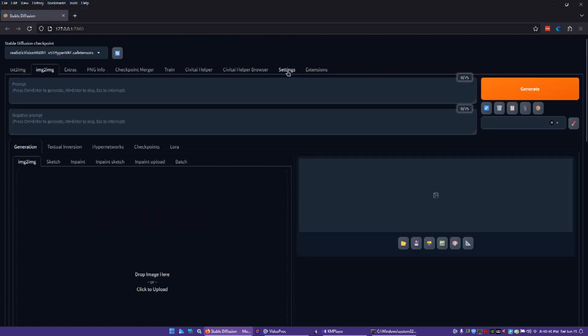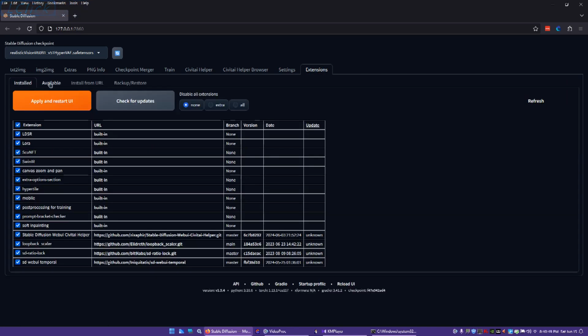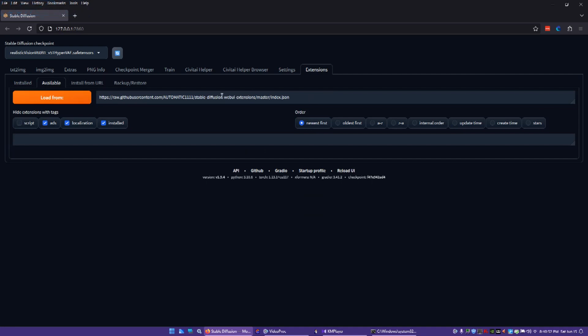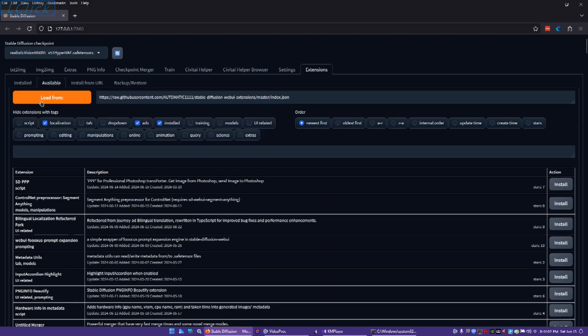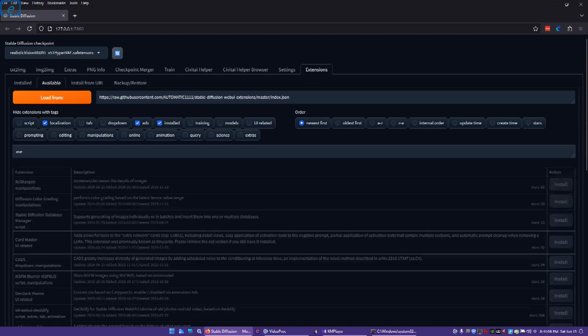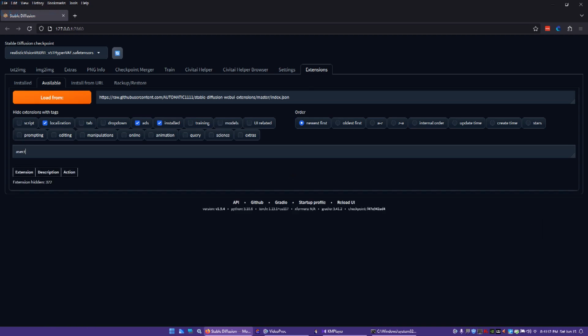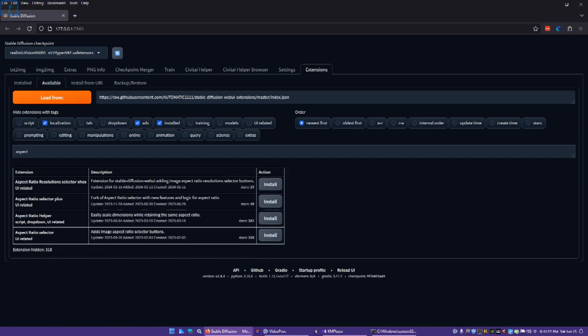So you go to extensions, go to available. Now there's a link already here. Automatically, it should be here on its own. So click load from. Now first let's look for aspect. A-S-P-E-C-T. Okay, now it's not showing up here for me